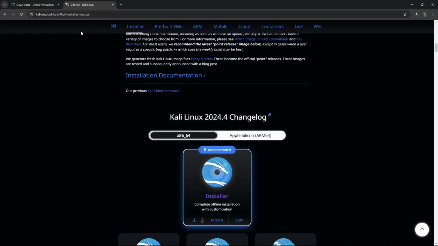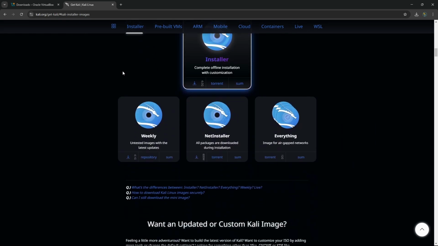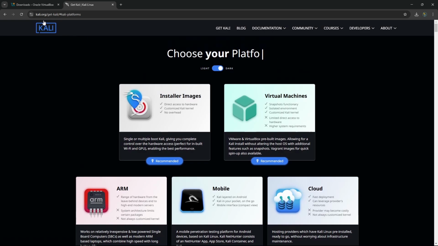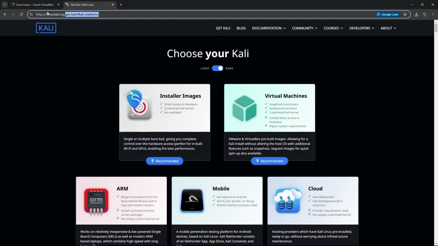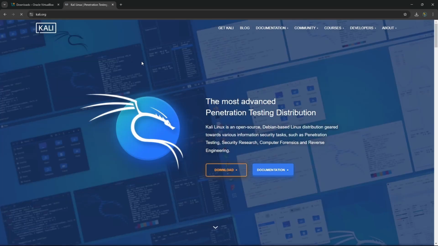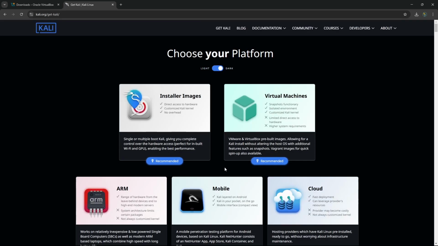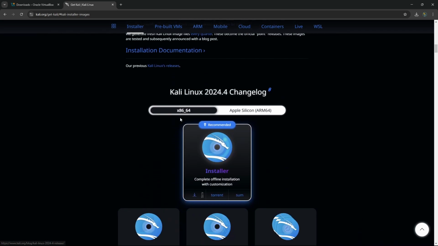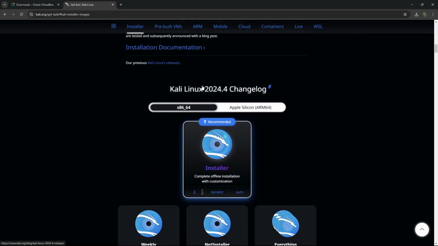Right, so the first step to actually running your Kali Linux is to download it. As of 2025, this is the latest version. In order to get that, this is kali.org. We go to the downloads page, and then from the downloads page we're going to do installer images. You see that as of February 2025, we're still on 2024.4. So we come here and hit the download button, and then we're going to start downloading the .iso